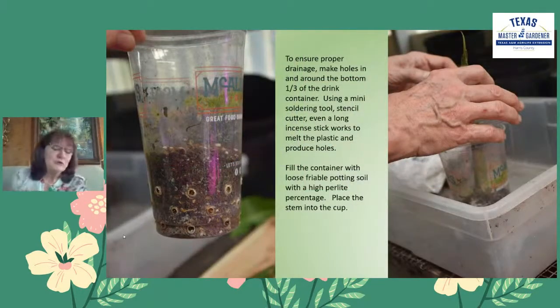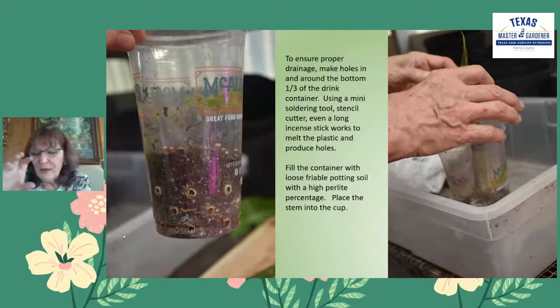Now you have to make drainage holes in the cup. You can make drainage holes with a soldering tool, or you can even use a long incense stick. Just light the incense stick, poke it in the cup, and it melts the plastic. The drainage holes are evenly spaced, around the bottom third and also the bottom of the cup. Fill in the soil to about 1/3. Insert your plumeria cutting gently, and also put a rooting hormone on that cutting. Next,